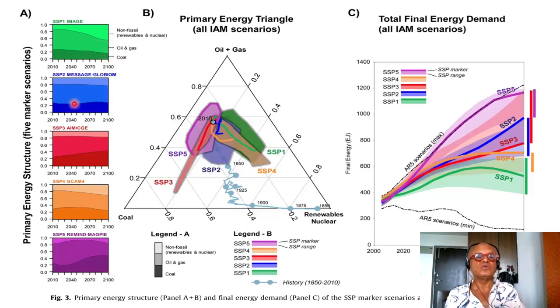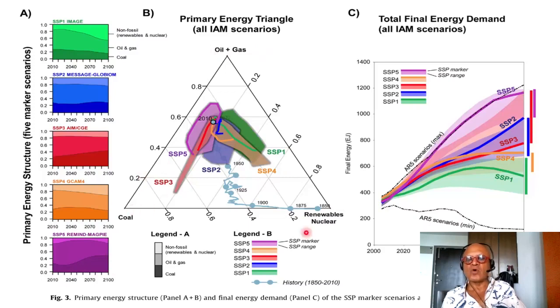In SSP2 you have different combinations done with a different model here. Okay, similar, the scales are normalized here, so you have to be careful. SSP3, SSP4 and SSP5. So is there a problem using different models? Well, presumably, because consistency between the pathways and emissions need not be guaranteed in this case, as we described when we discussed the RCPs. Primary energy triangle, putting together all IAM scenarios.